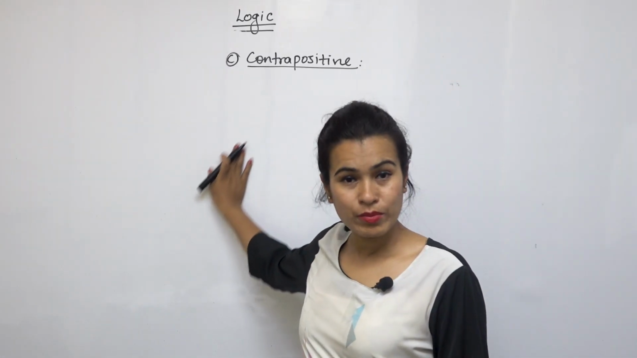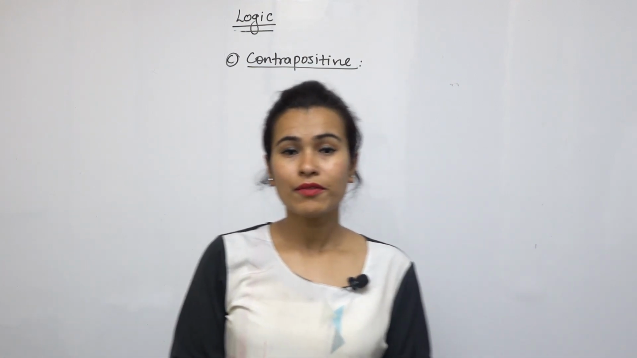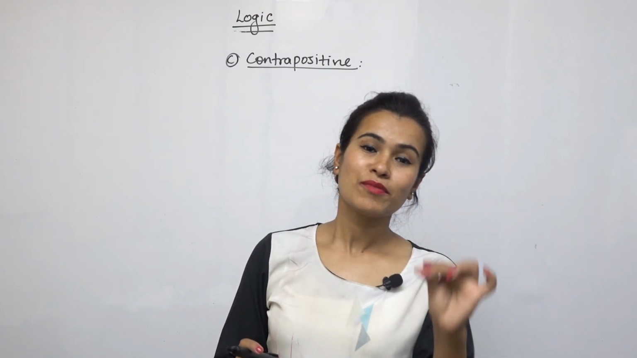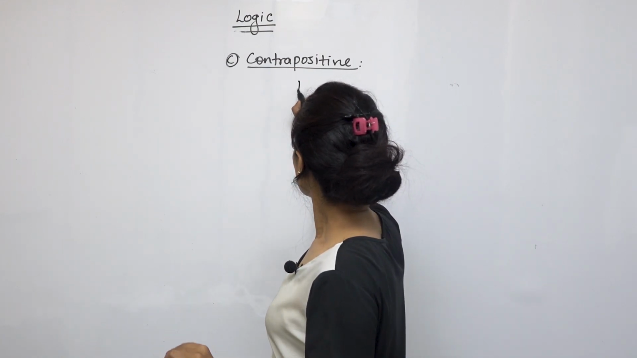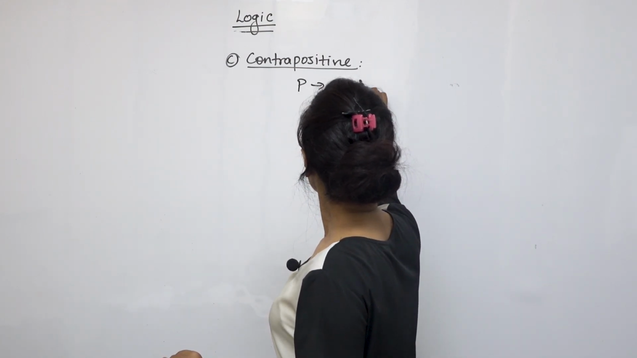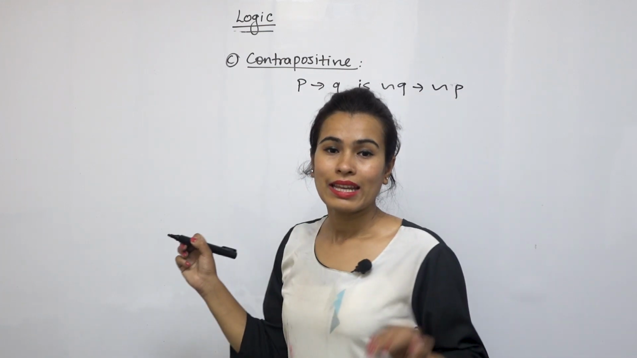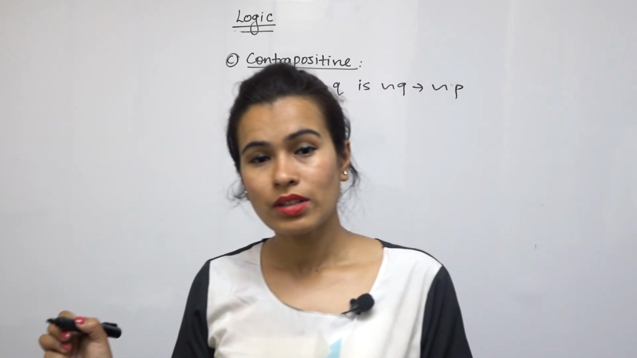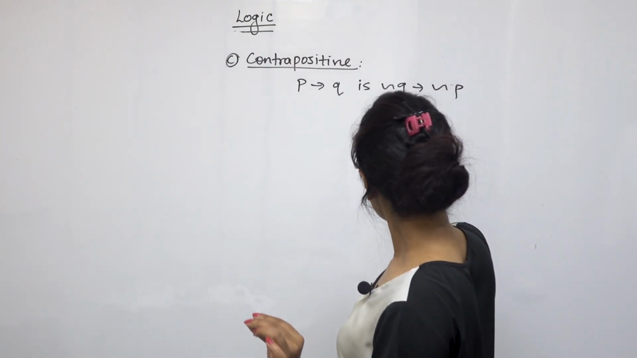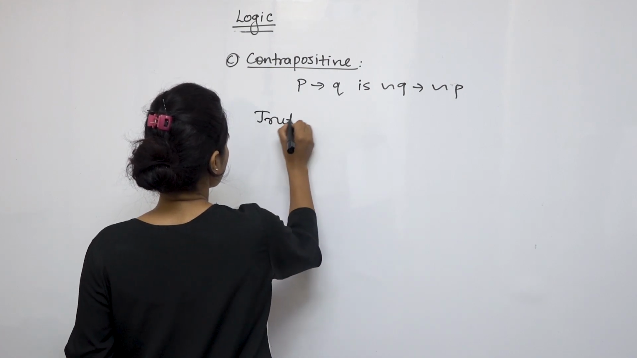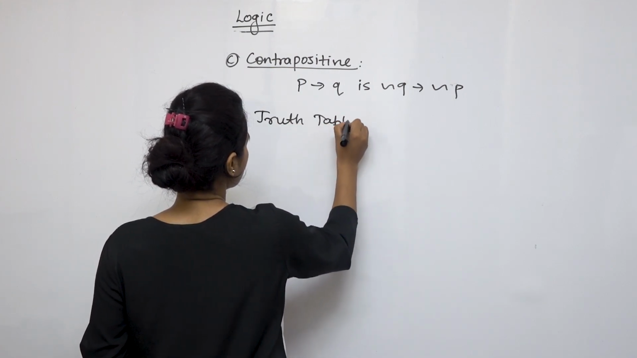Now let's do contrapositive, the third one. If P then Q is a conditional statement, then the contrapositive of P then Q is negation Q then negation P. And it is read as not Q, then not P. The truth table for this is